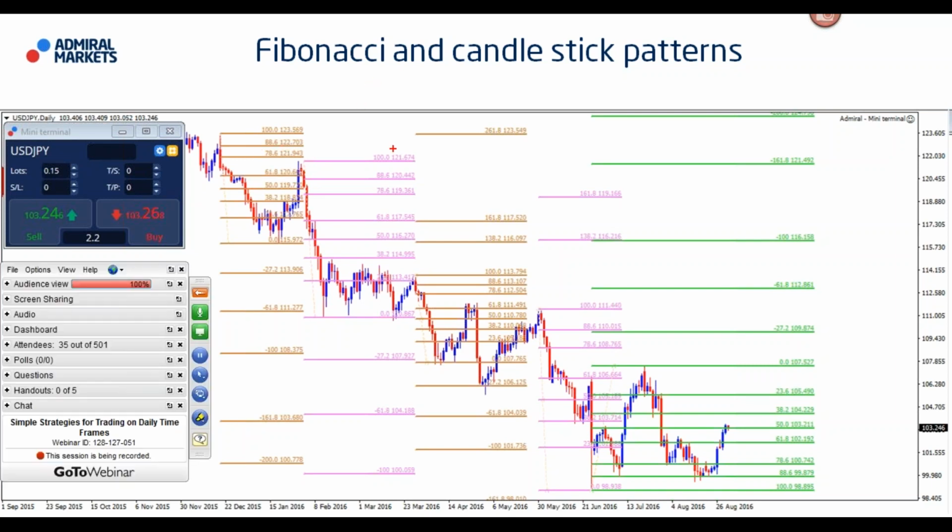The trade taken upon the close, the stop loss above the high, or the candle high, or the swing high, swing low. Both are possible depending on preference at that point, and targeting the fib levels right here. All right, so that's basically a very simple way of trading fibs on the daily chart.